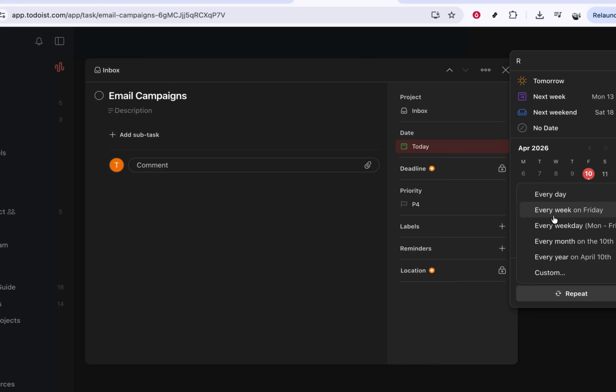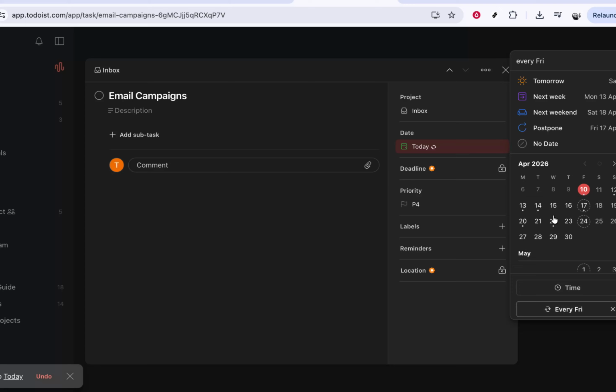You'll now see different repeat options. Depending on your needs, you can choose something like every day, every week, every month, or every year. For instance, if you have a task you want to do every weekday, you can select an option like every weekday. If it's a monthly task, choose a monthly pattern that works best for you, such as the same day each month. Take a moment to review your choice and make sure it matches how often you truly want to see this task. When you're happy with the repeat setting, confirm or save your changes. From now on, every time you complete that task,